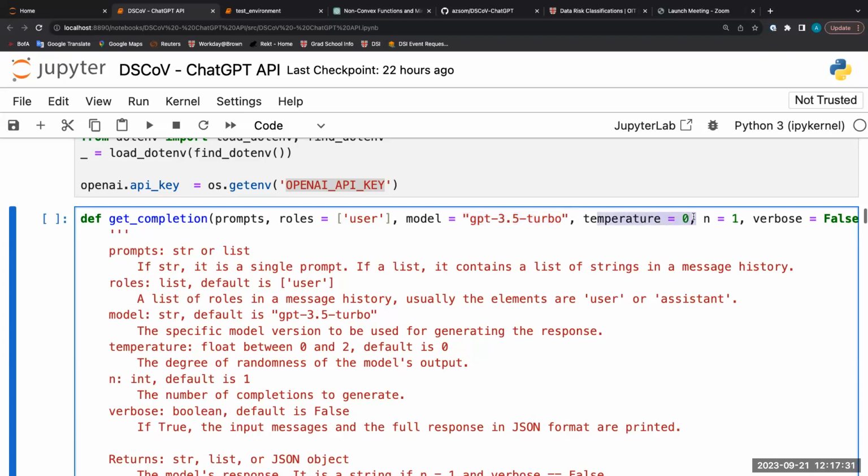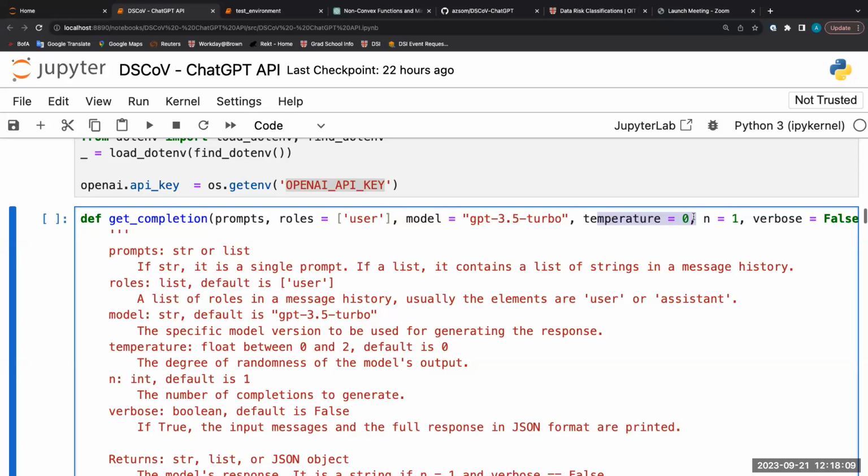So this is a temperature argument, which, as I said, describes the degree of randomness of the model's output. For some reason, this is a number between 0 and 2, not 0 and 1. I have no idea why. Don't ask me that question. If you know the answer, then please tell me after the talk. I really want to know. I tried to look it up in manuals, and I just couldn't find it. I don't know why 0 to 2. Why not 0 and 1?